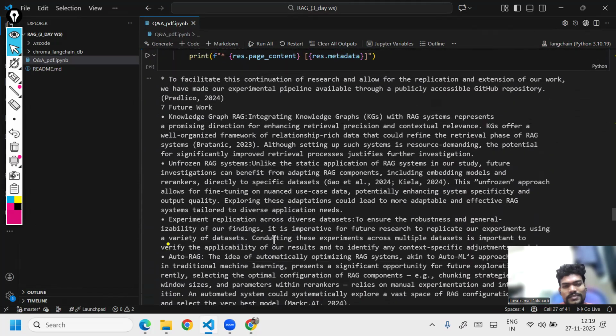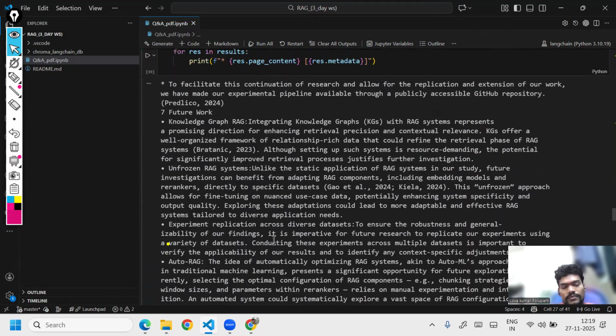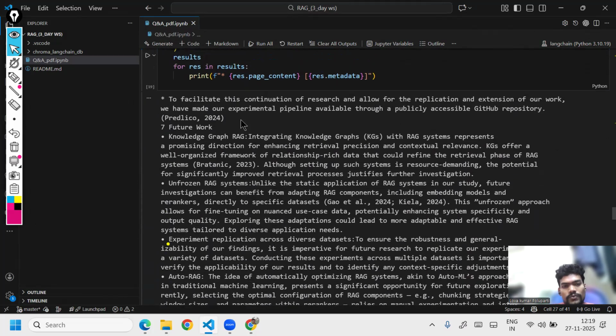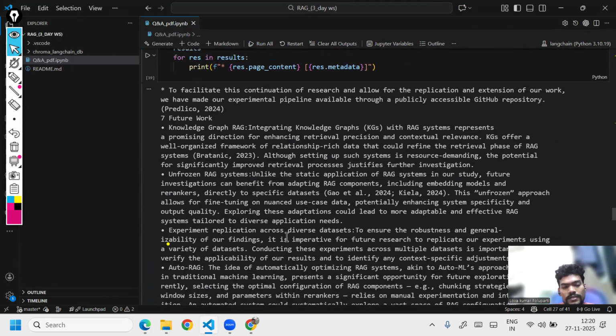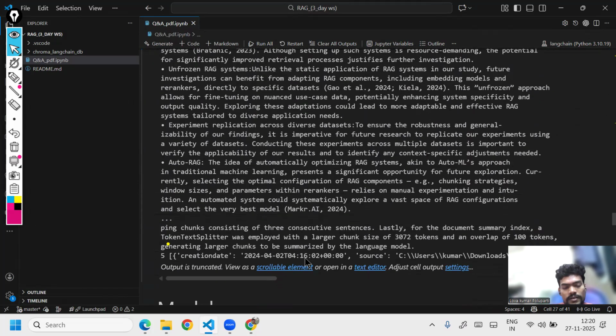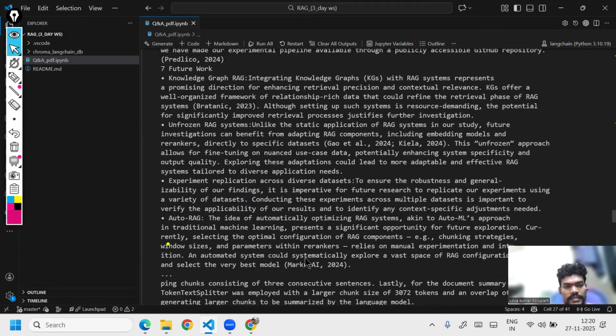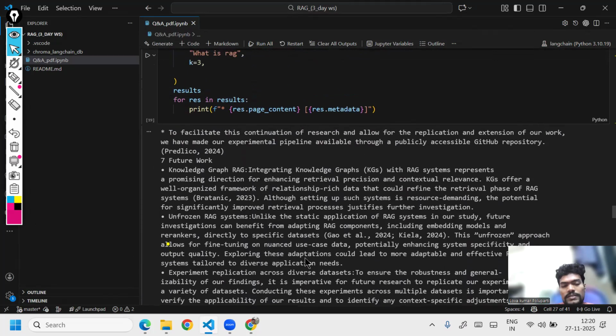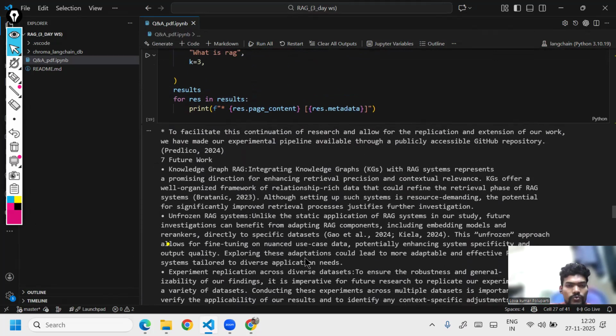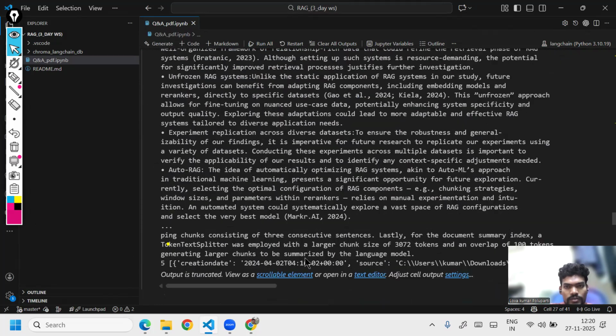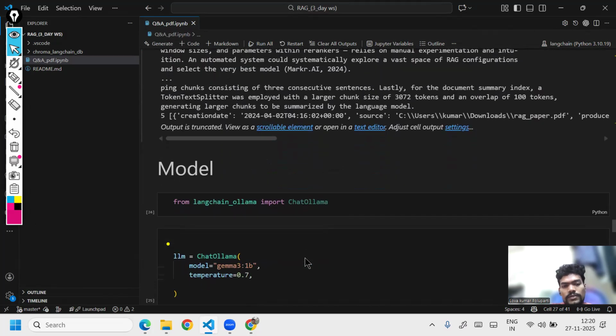But this is not so clear, right? See, you have a lot of things, and the size is also very high. I don't want this much size and this much uncertainty. It will bring all the similar type of context, but I don't want it in this way. So for that, what I do is